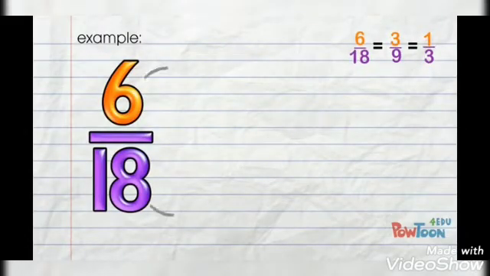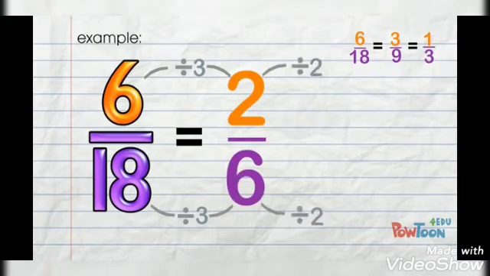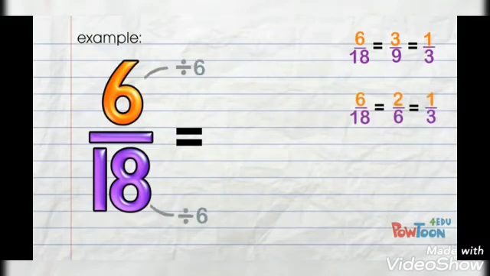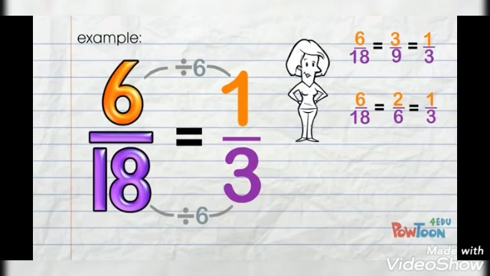So we can reduce a fraction in more than one step. Let us take another example, 6 upon 18. Both are coming in the table of 3. 3 twos are 6 and 3 sixes are 18. Now both again we can divide one more step, that is 2 ones are 2 and 6 twos are... Or we can divide it in a single step because 6 and 18 are coming in the table of 6. So 6 divided by 6 is 1 and 18 divided by 6 is 3.